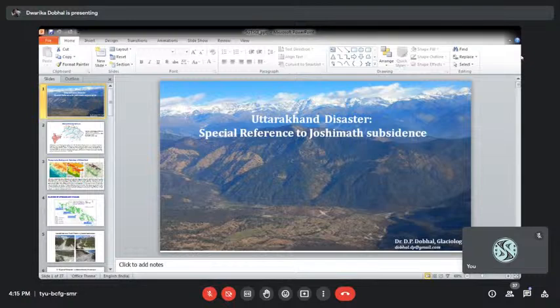The third one is the hydrological system of Uttarakhand. It is very rich, as you know. The higher area is bounded by snow and ice, and in Uttarakhand there are more than 900 glaciers, which is third in the Indian part of the Himalaya. There are 9,700 glaciers in the Indian part of the Himalaya, and the maximum concentration of glaciers